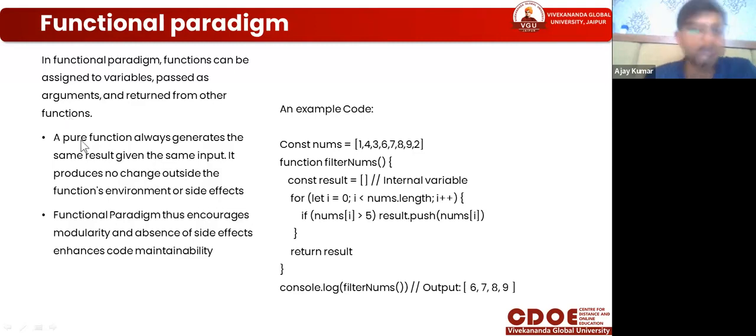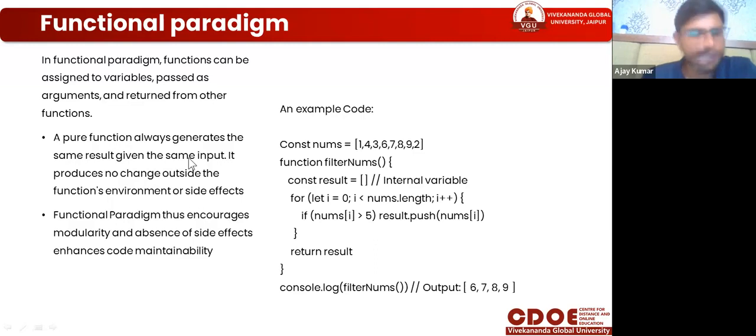A pure function always generates the same result given the same input. It's not that we put 2 plus 2 and we get the answer 7. No, when we put the input in the prescribed format, we get the result in the prescribed format. There is no glitch in the computer. We instructed the computer to solve that problem in that way. So the computer does not mix any other things into that 2 plus 2. It always produces the expected output.